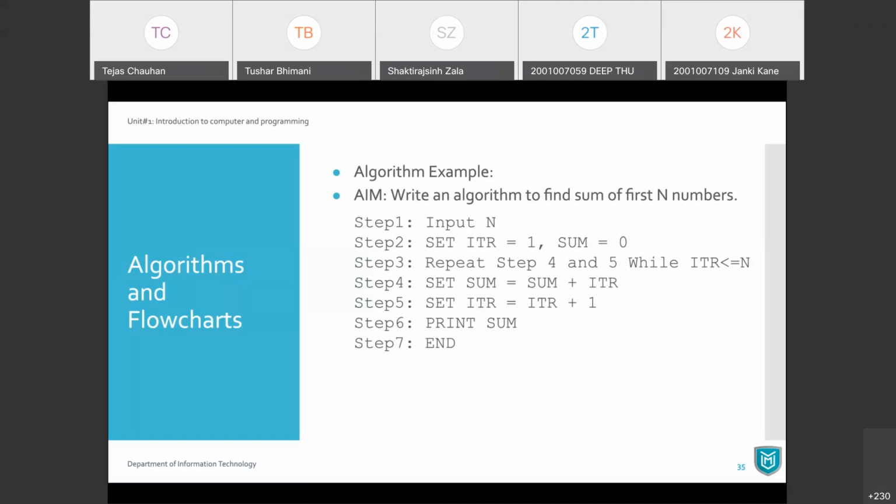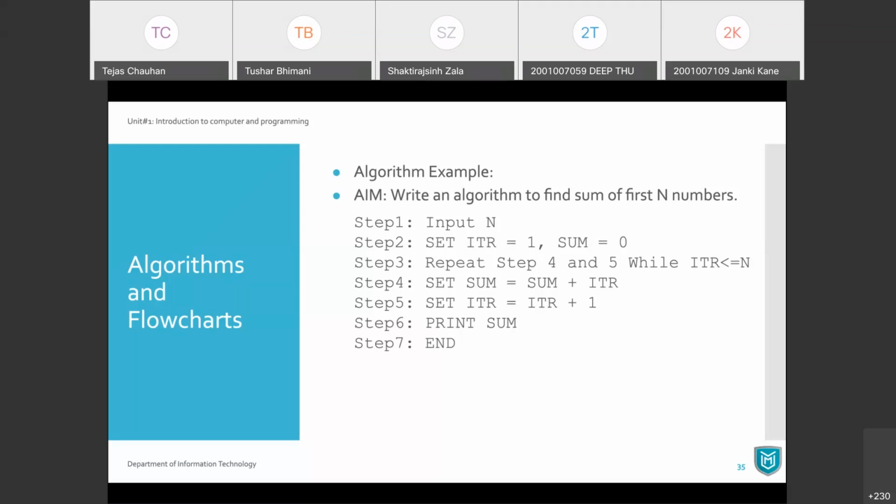But if your ITR is 0, Abhijit, then make sure that when you add your ITR at this place in your sum, it is added as 1 instead of 0. Fine? So in that case, you can take ITR as 0. In the C programming language, we maintain a counter or iterator, and it always starts with 0. But when we want to add it to some value, we will change that to 1, 2, 3, and so on. So we will do that later, fine?